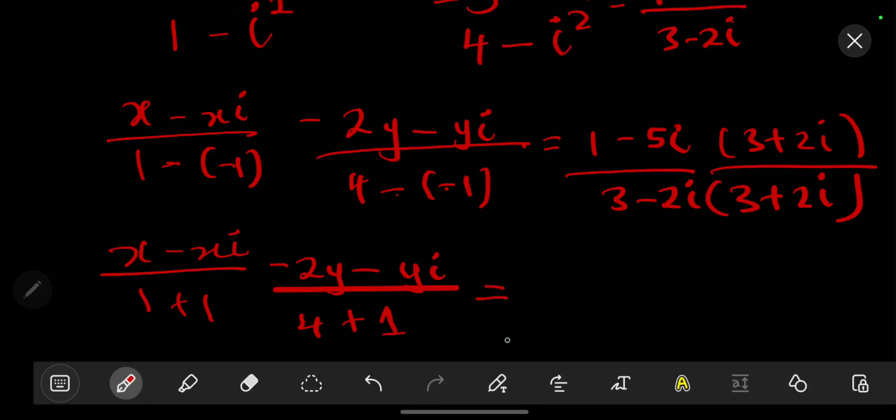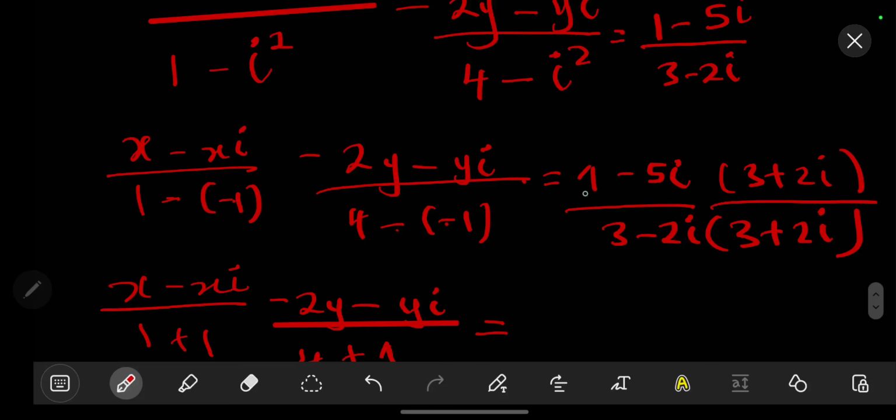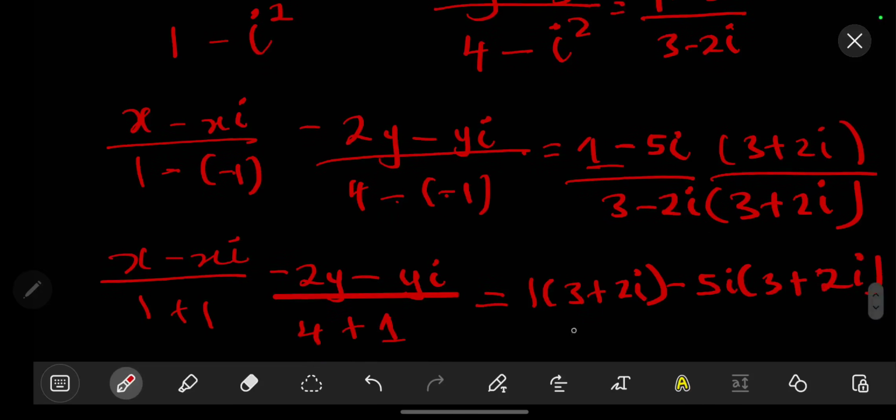Then this should be equal to, so multiplying. Now this is not a conjugate on top, so we have to multiply. So this one multiplies everything. So we have 1 times 3 plus 2i. Then we have minus our 5i, multiplies everything. So we have a 3 plus our 2i like that. So we have over,